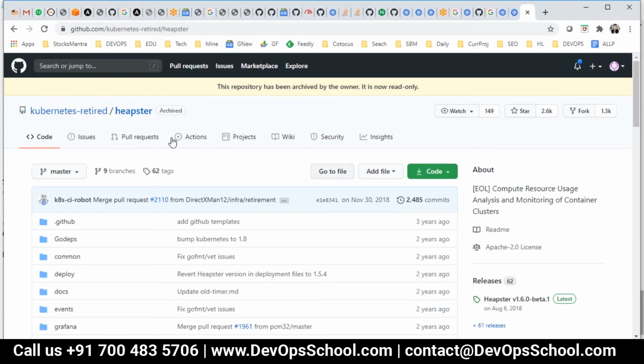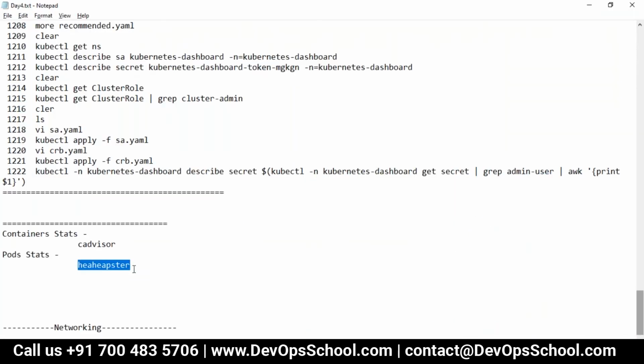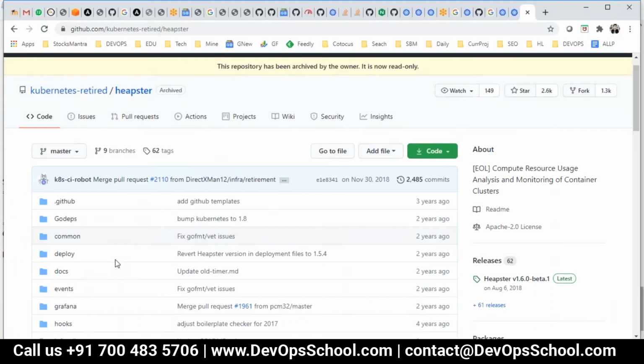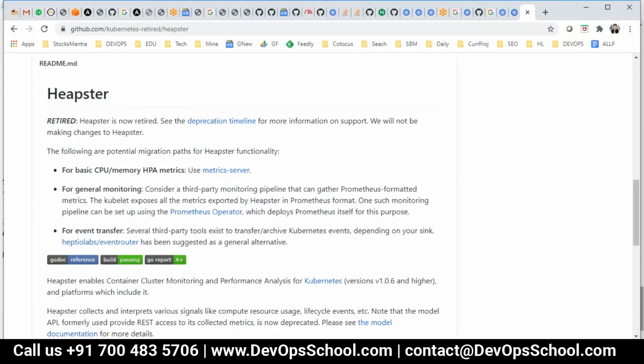Heapster was doing three works, and these got converted, and CNCF started supporting different components. One is called metric server.